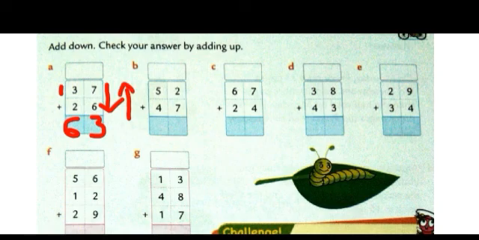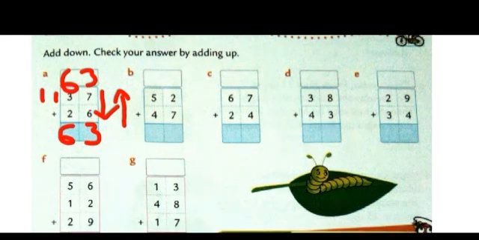Okay, now we will add 6 plus 7. So again 6 plus 7 gives 13 only. So we will write 3 here and 1 will be carried to the tens column. Now just add the numbers that are given in the tens column. 3 plus 2 plus 1 is 6. So we will write 6 here. Just see the answer. 63, 63. That means our answer is correct. This is the way we check the answer. Okay, moving on to the next one now.